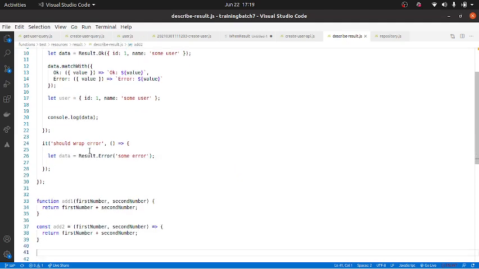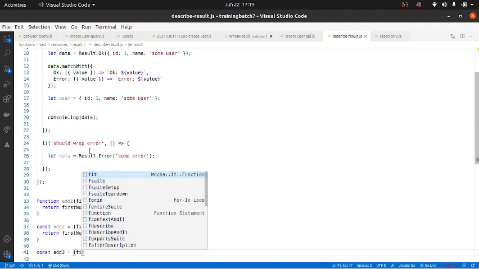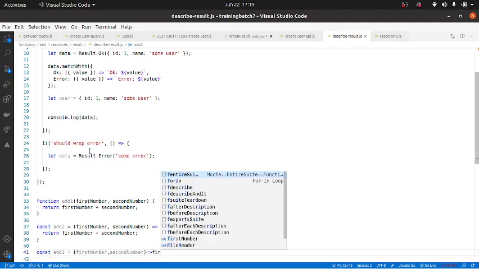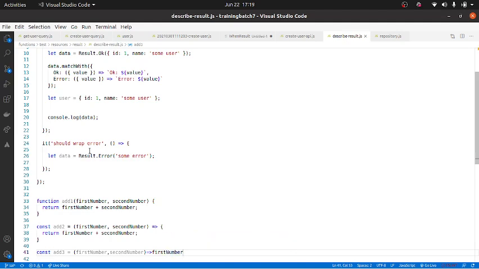Now I can even make it a little more concise: add 3 equal to first number, comma, second number. And here, instead of a return statement, I can just do first number plus second number. If you can directly return, you don't even have to specify the return statement.